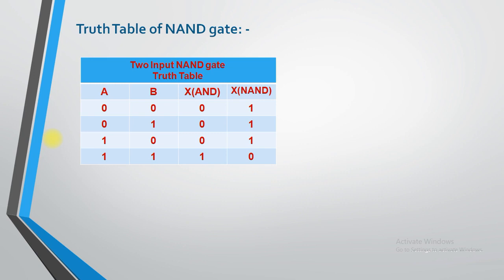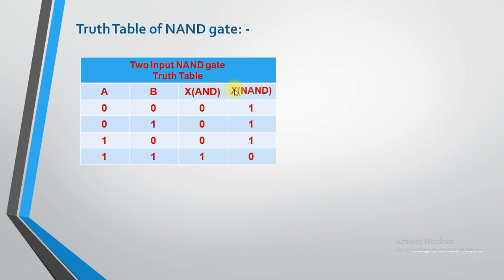So based on that you can easily write the theory of the remaining gates. NAND gate means what? Not AND. So it is the inverse or opposite of the AND gate. First of all, I have mentioned the output column of the AND gate over here. If both the values are 0 in the AND gate, it will return 0. If any of the inputs is 0, at that time you will get output 0. That means if all the input signals are high, you will get high output in the AND gate.